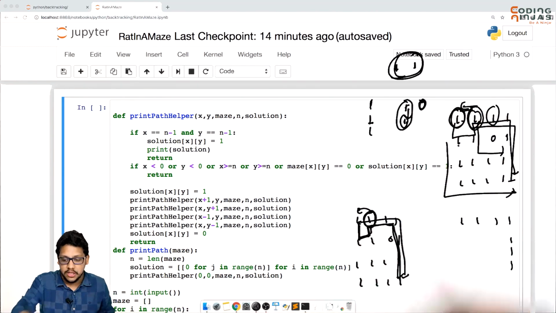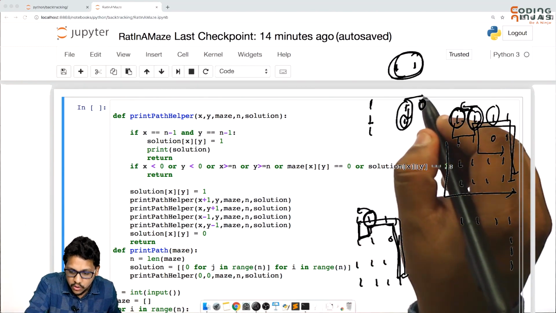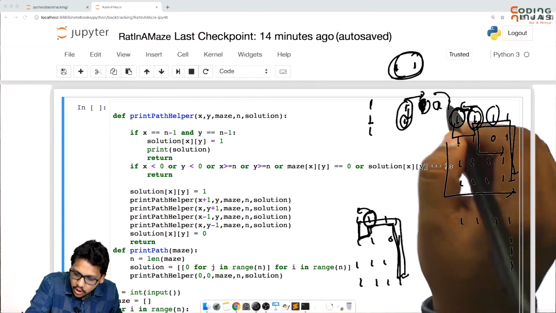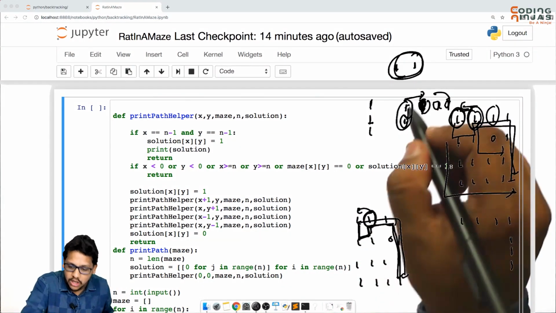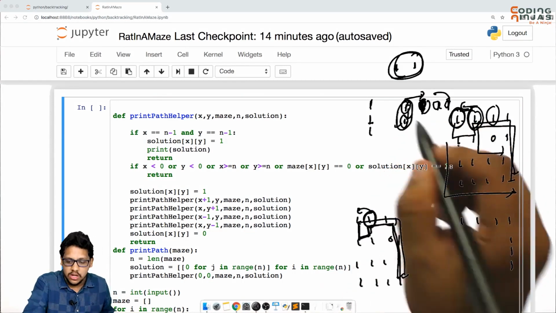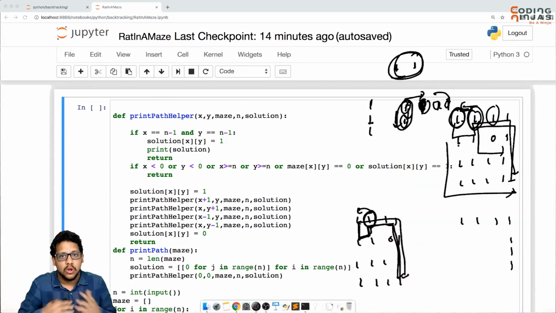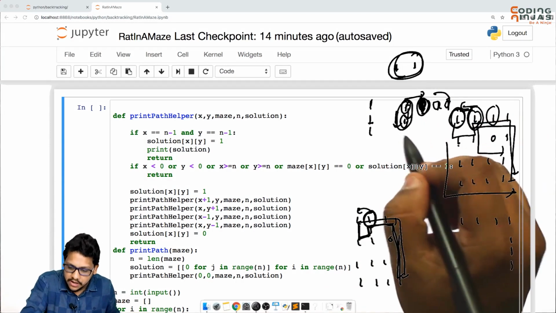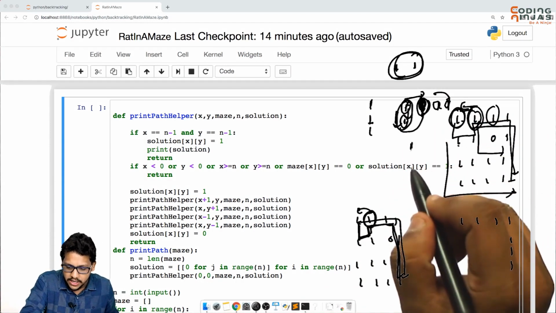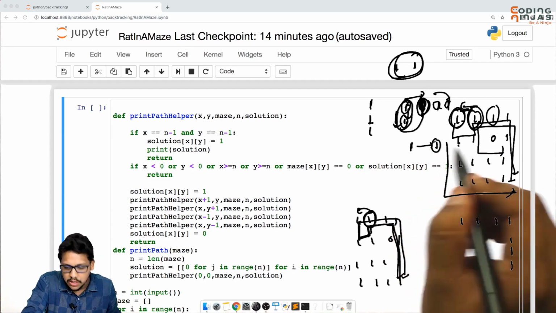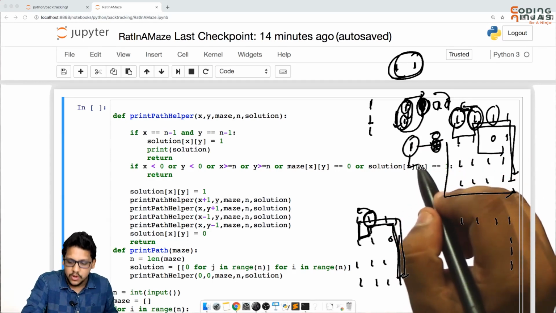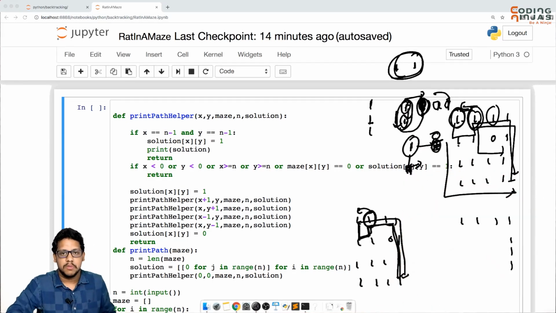That means this value should be there, because if you are going towards the right, you have made it 1, you have made it 1 1 1. After coming back, these all should have become 0, because now from here you are moving towards down. That means you are exploring all the downwards paths. This may be 1 or this may be 0, that will depend on the condition. It will explore accordingly. But the point is, when you come back after exploring all the paths from the right, this should be made 0, because after that you are exploring all the downwards paths. Okay, that you should remember.